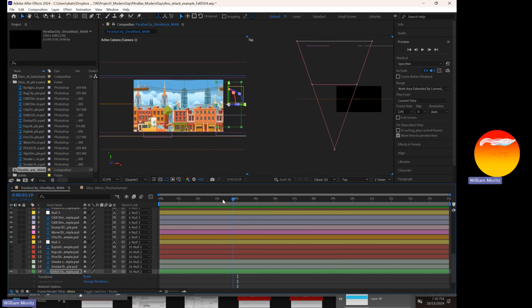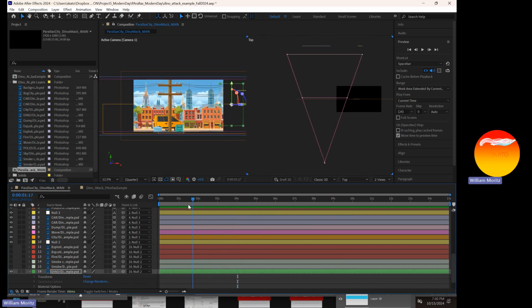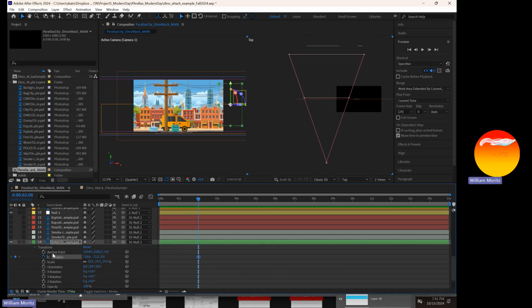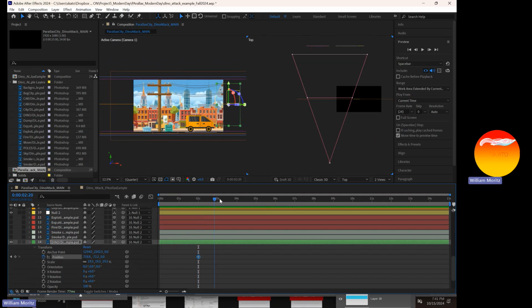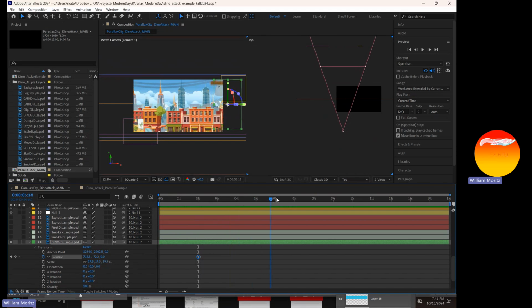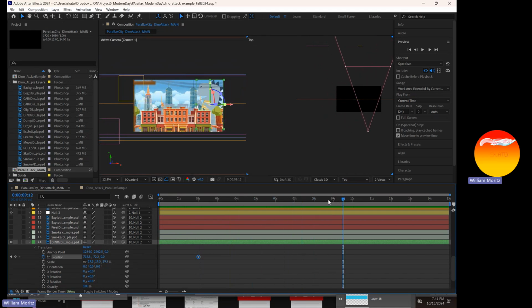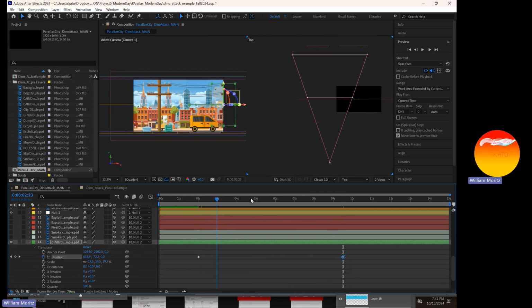So let's have him at first. That's where the camera starts moving, and then I want him to show up. So I'm going to take his position, and I'm going to transform him. All right, so there he goes. His position's there. His anchor point is right in the center. And as we start to zoom in, I want him to move over across the scene in sort of a big way. So I want him to go from here to there. And as he's going from one section to the next,